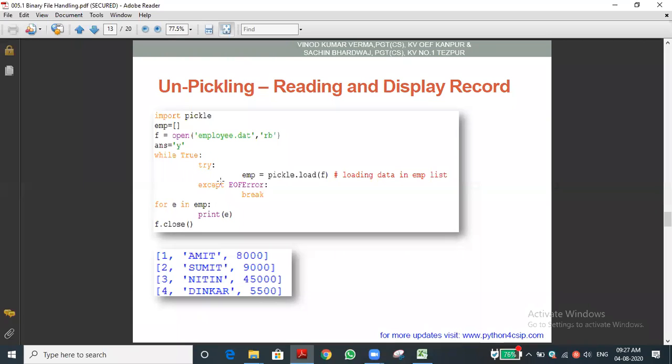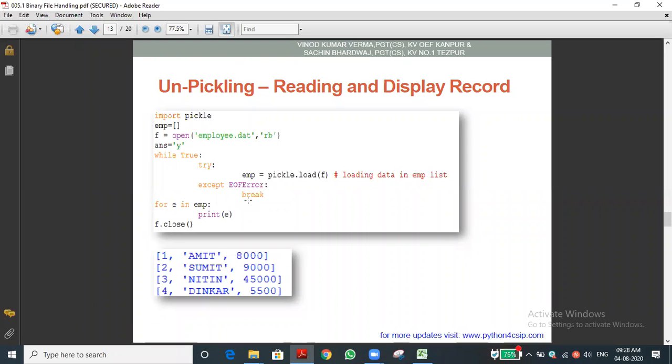The try and except block we just discussed. For example, in the try block, if we give some statement and the statement produces some error, in the except block we have to mention that error. If that error occurs, then the subsequent statement will execute. Otherwise, if an error happens, the program will terminate. Instead of that, the program will continue and do what we are asking. For example, here in this case we are asking to do the break.